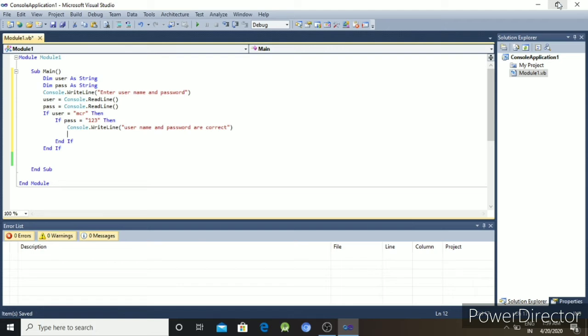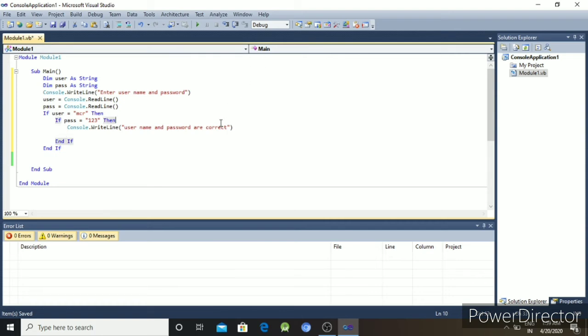Suppose the username is MCR and the password is 123, they are checked, and the statement is given: username and password are correct here.